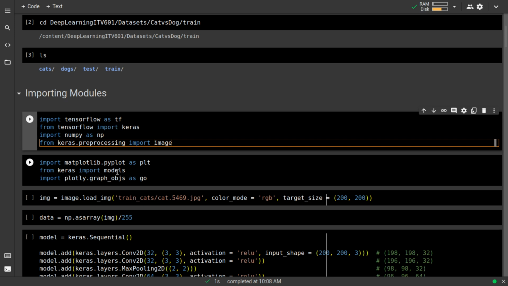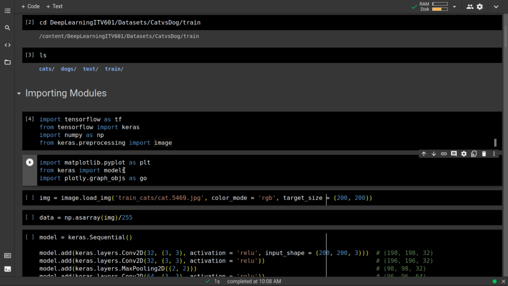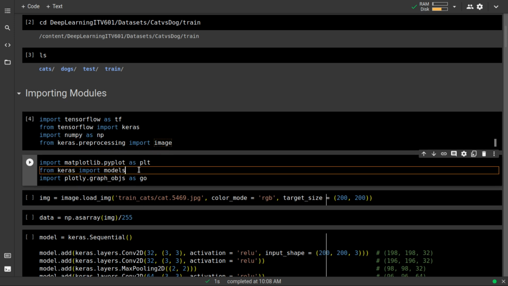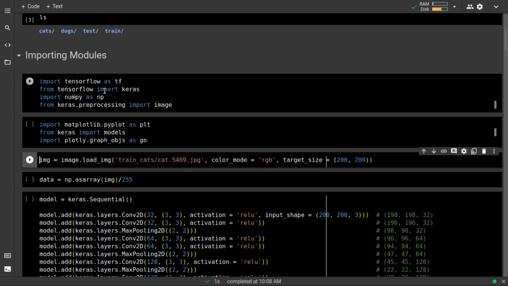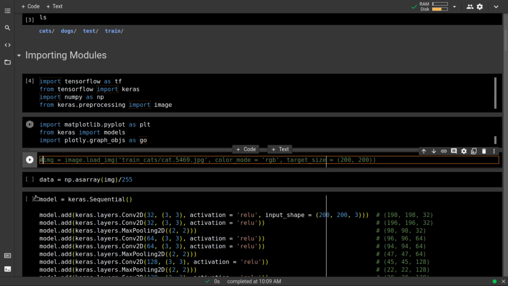We have this models module, which we are going to use for data visualization in between the layers, to see how the neural network is actually learning stuff, right? So you don't have to focus on this one. I have done a separate part for it, so let us just comment this out. But first of all, let us import these modules.